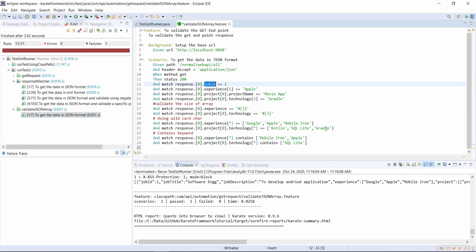So you can use the wildcard character to validate the property present inside the JSON array. For example, in this case, job ID is a property and I can validate that also using the wildcard character.